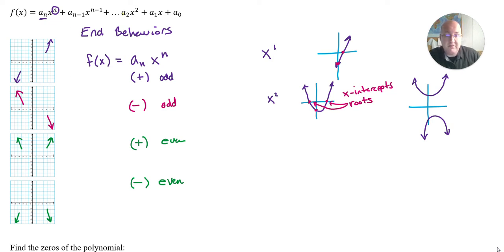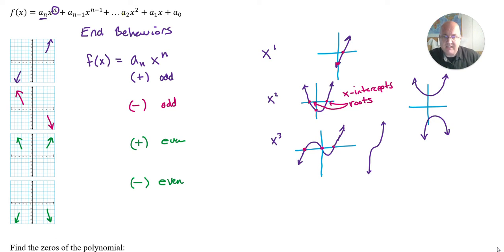Okay, well, let's continue the pattern. X to the third power. We know that x to the third power is going to go down to the left and up to the right. And then the potential there is that it might have a turn downward, and then turn back up again. Now, it might not do that. It might just go up, take a little jog, and then keep on going up. So it's possible that it doesn't have this full-on turn the corner and go back down and then turn back up again. But it's a potential, and therefore there is a potential that we have 3